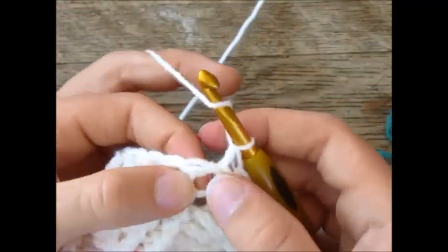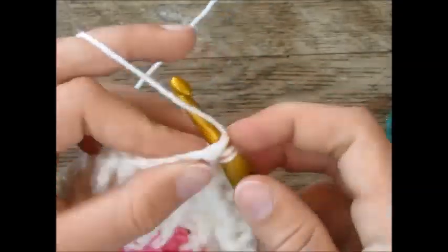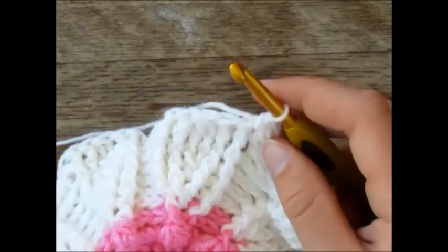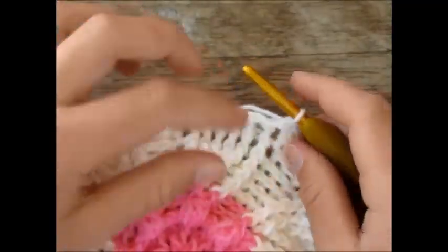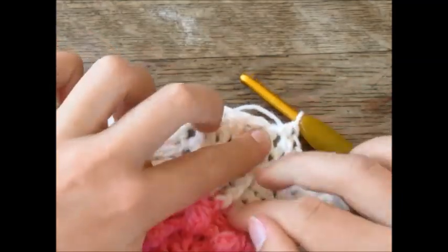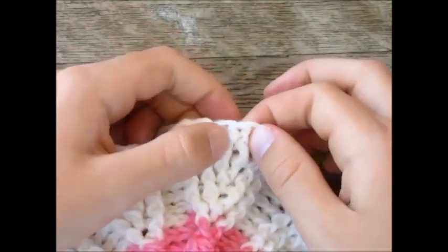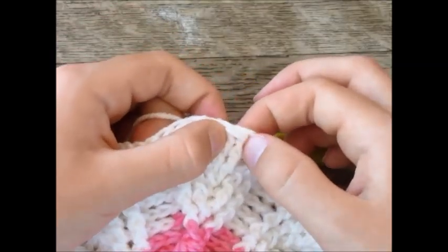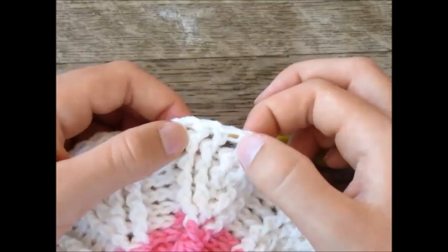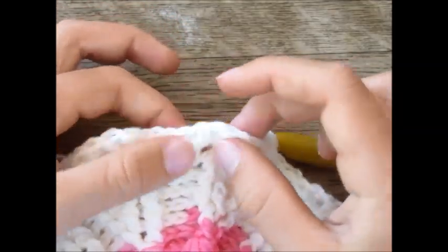Then before you move on, right in this space right here, right after the last back post half double crochet, make a regular half double crochet. Okay, so the pattern for this is, remember what we did over the raised stitches. We do front post double crochet 2 together, then we do our 1 front post double crochet over these what looks like 2 stitches, but it's really only 1 because there was a decrease from the previous row. So 1 front post double crochet in these 2, and then a front post double crochet in these 2,